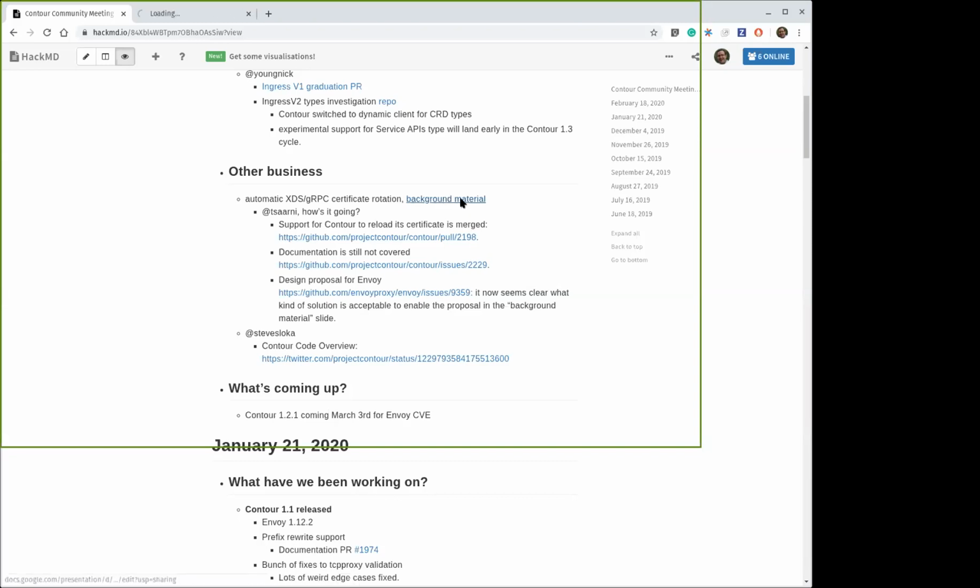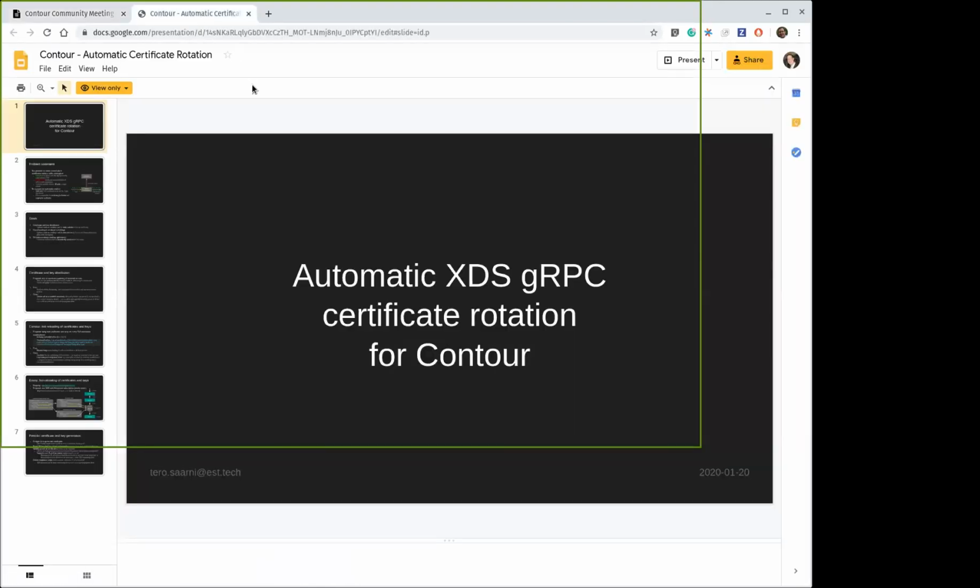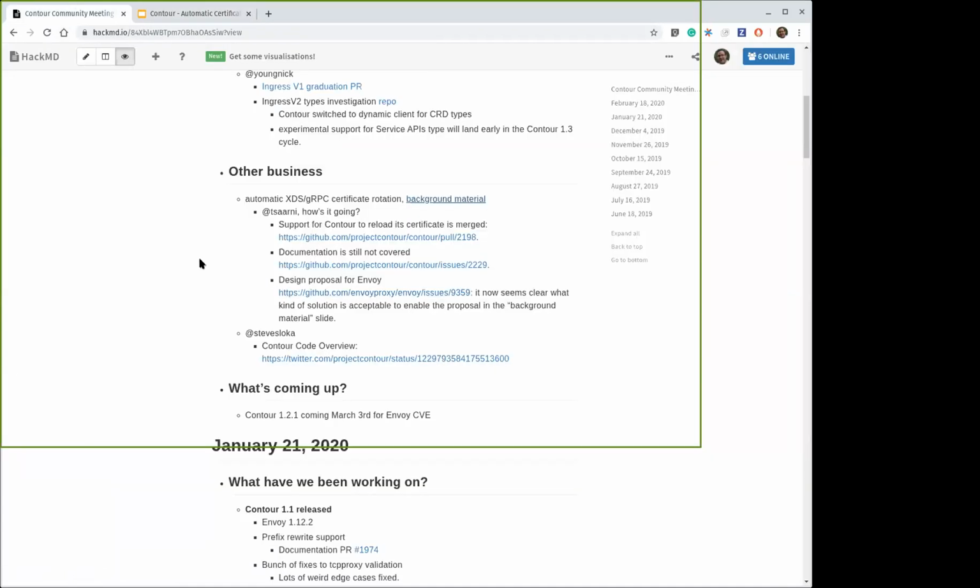On the Contour side, the change for Contour to automatically pick up new certificates has landed, so that will be in the next Contour release. The Envoy side is still in progress.